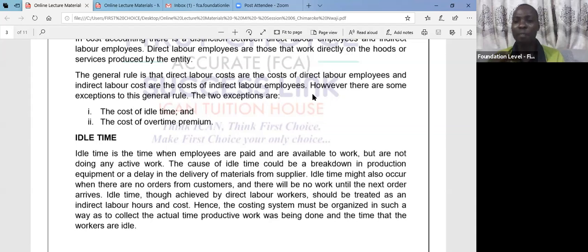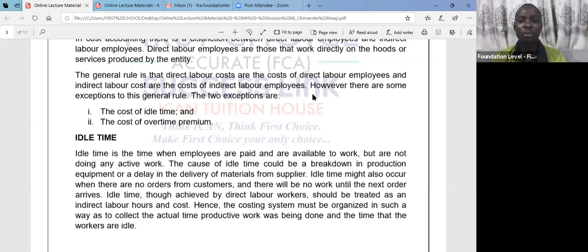Yes, but they are paid for just being idle. Remember when I was teaching you relevant costs and I said somebody has spare capacity. So spare capacity is idle time. That time that you have free to do other things or to sit down doing nothing is idle time. Now, direct laborers, people who are directly involved in making the bread or the goods,